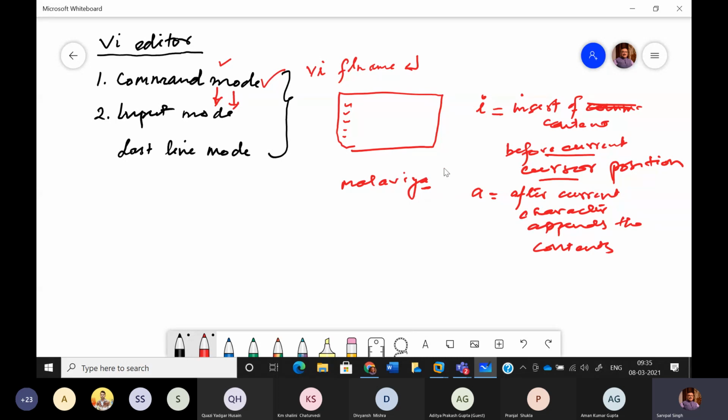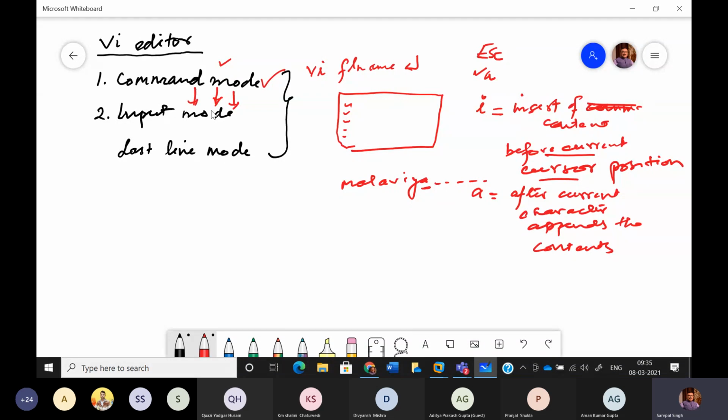आपने टाइप करने के बाद इफ यू आर प्रेसिंग एस्केप, अगर एस्केप की आप प्रेस कर देते हैं तो यू विल कम इन द एस्केप मोड और कमांड मोड. एंड नाउ इफ यू प्रेस ए, तो व्हाट विल हैपन? At whatever position you are having your cursor, just after that the append operation, this append will allow you to type. So because of that only it becomes possible that you can keep continuing the typing after Malvia. So this is also another way of moving from command mode to input mode.